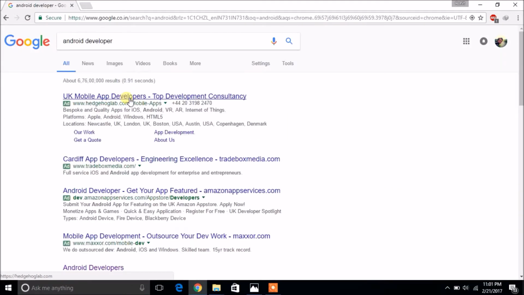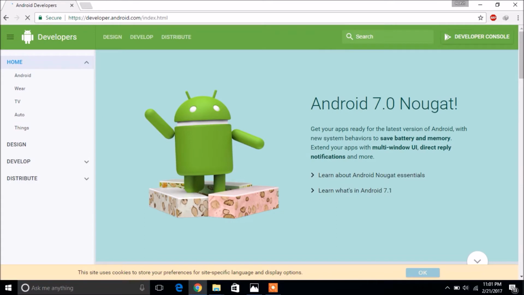To download, first we need to download Android Studio, and for that we are going to get a link: developers.android.com/index.html. When we are here, we need to see this website very clearly.